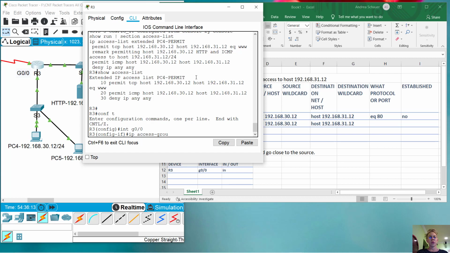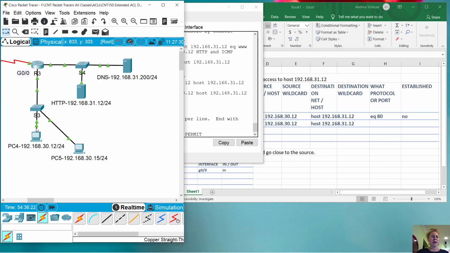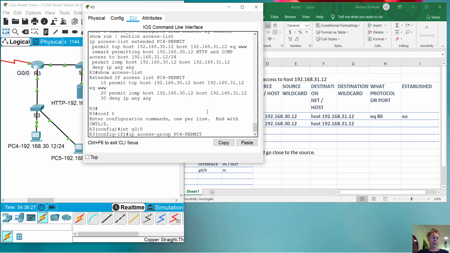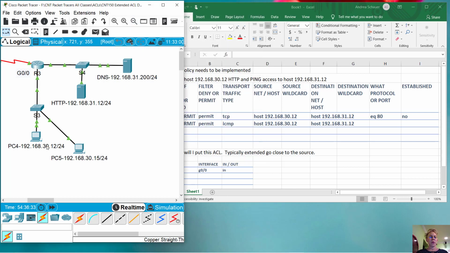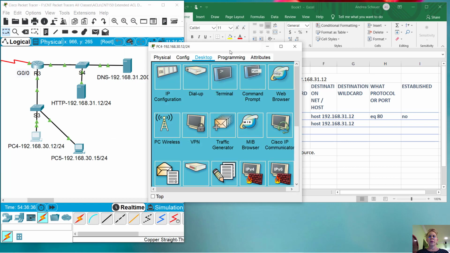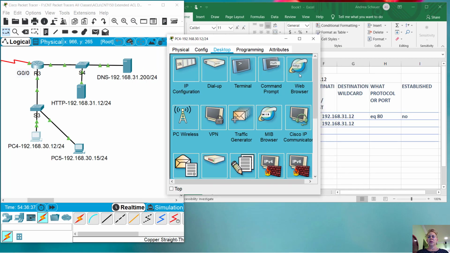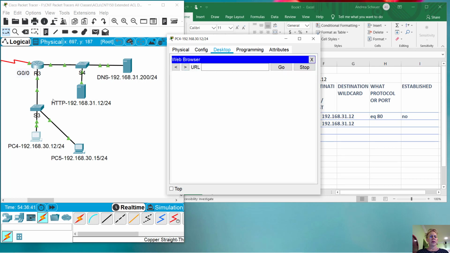IP access group, all right, PC4 permit, and what direction is it going, right? We're going to look at it on the way in. Okay, now we want to see what happens. So what should happen is this PC should be able to hit the web browser. So let's find out. So here's my web browser information,